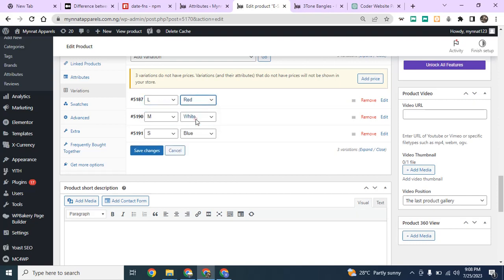So let's go on red. Let me click on blue here, and then click on what? White here. So large, medium. So click on save changes. Now, next thing now is that click on